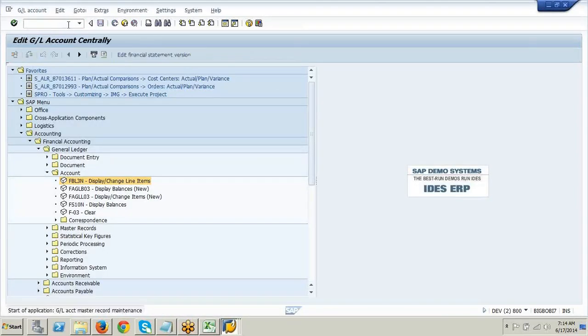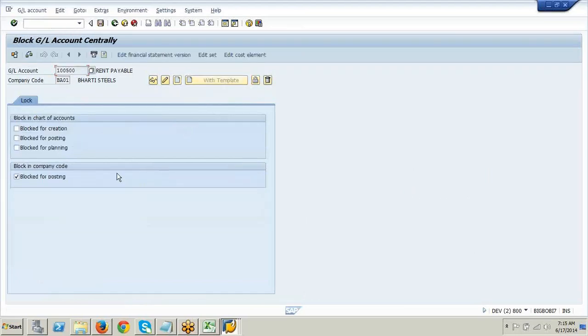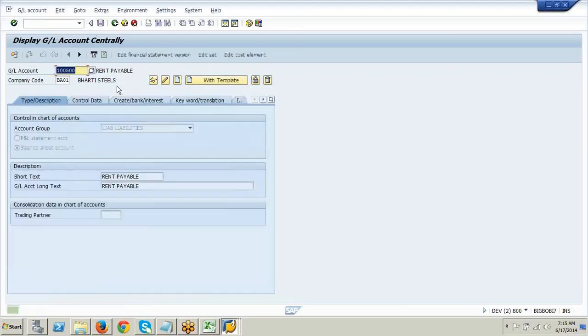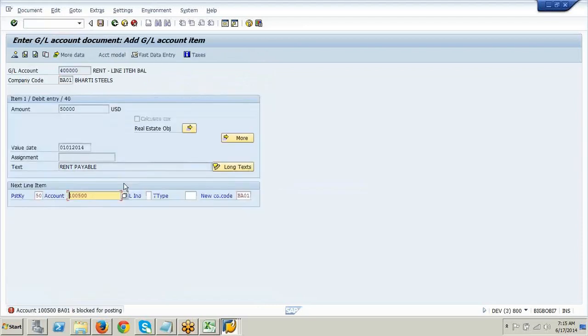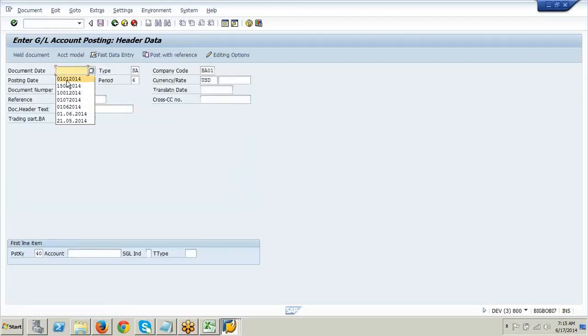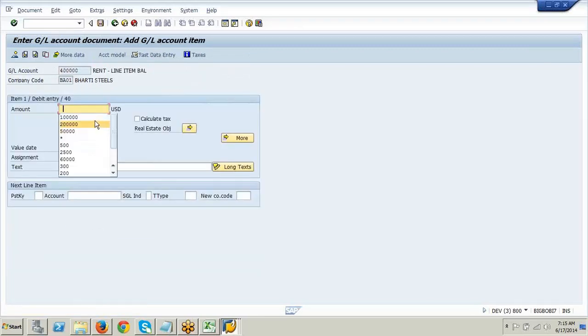Block for postings. Okay, enter. Rent. Rent payable. 50,000.